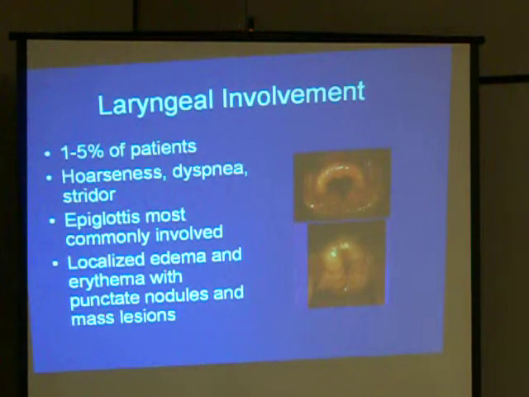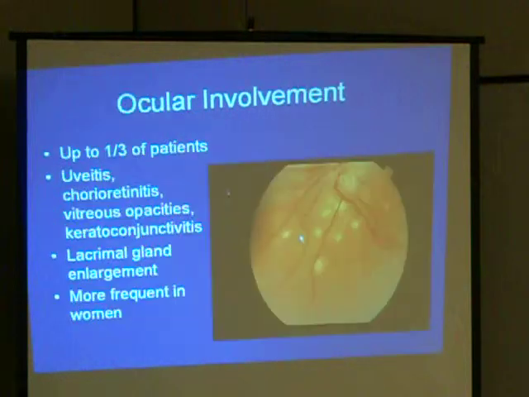Laryngeal involvement. Hoarseness, stridor, epiglottis can be involved, as you see localized edema. This is a vocal cord that's involved. You biopsy this. What do you see? Non-caseating granuloma. Ocular involvement, chorioretinitis, vitreous opacities, and so forth. But here's the other biggie. Lacrimal gland can be enlarged. If you suspect sarcoid,